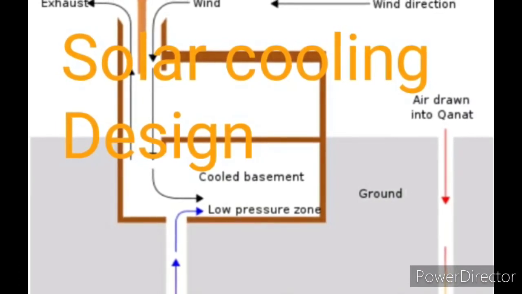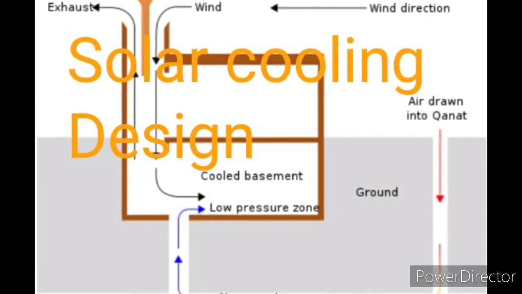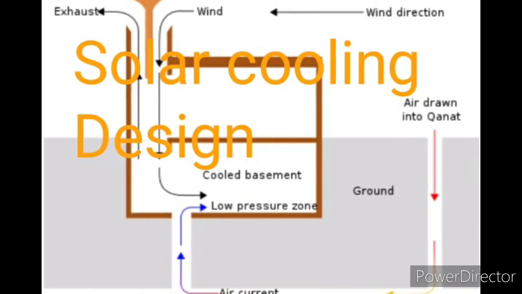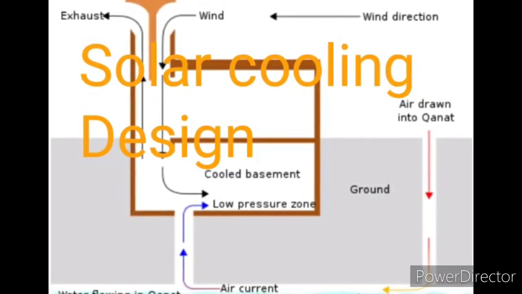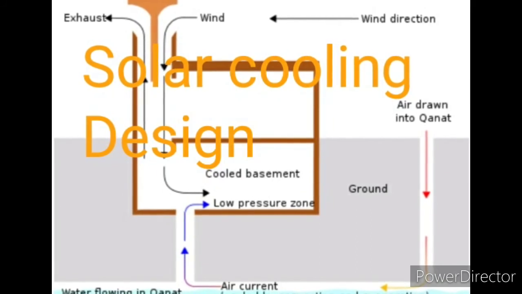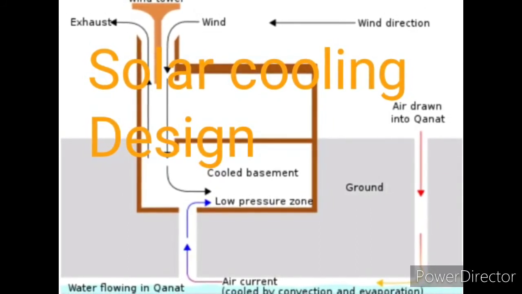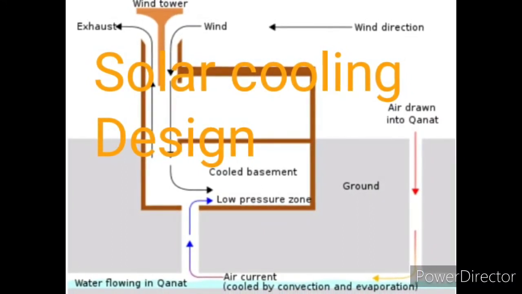Solar cooling design, an Iranian design approach that focuses on heat gain control and heat dissipation in a building in order to improve the indoor thermal comfort with low or no energy consumption. Therefore, natural cooling depends not only on the architectural design of the building, but on how the site's natural resources are